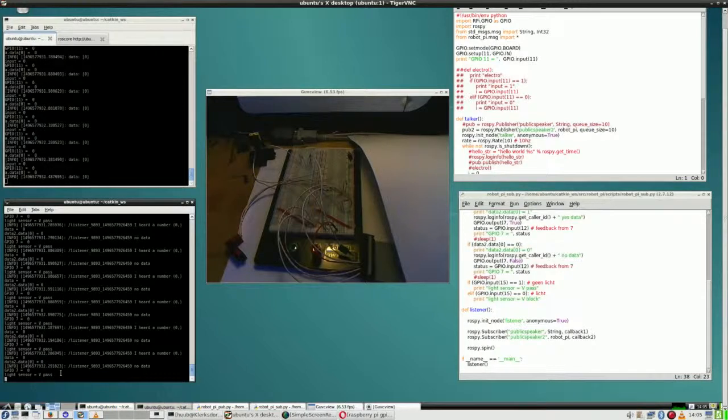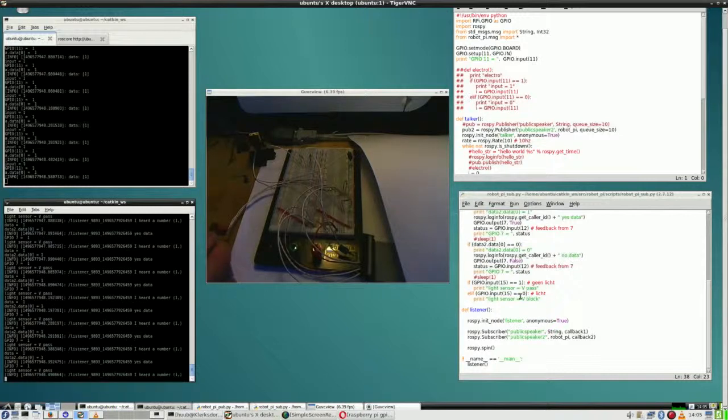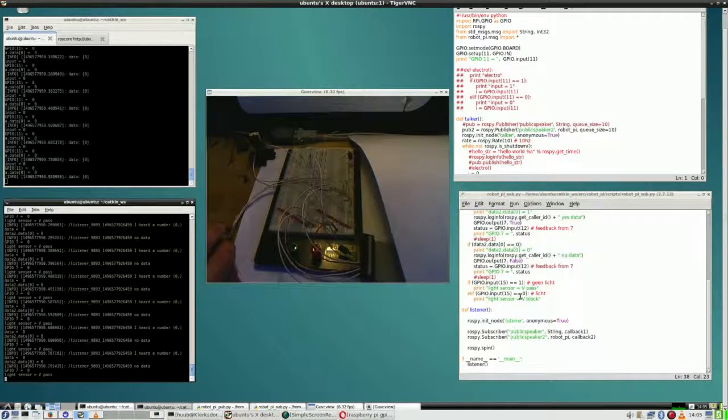And it says pass. Pass means there's no light, which is correct. There is no light. Is the switch still working? Yes, it is still working. And with a very little delay, of course. But that's about it. And now the big question is, if I shine a light, will that mean